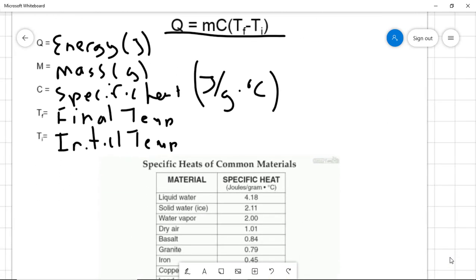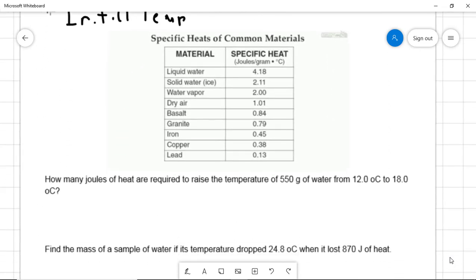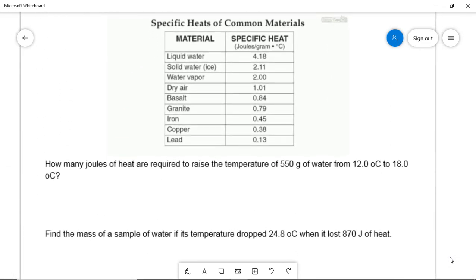It's pretty straightforward on how to do that. Now, interestingly enough, what is truly specific heat? Specific heat is how many joules are required to raise 1 gram of the substance 1 degree Celsius. This chart puts it in perspective of how well something absorbs heat without changing temperature. Basically, how good of an insulator is it? Liquid water has a specific heat of 4.18 joules per gram degree Celsius,